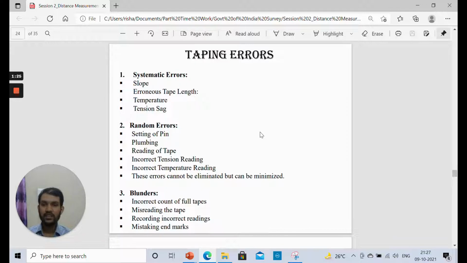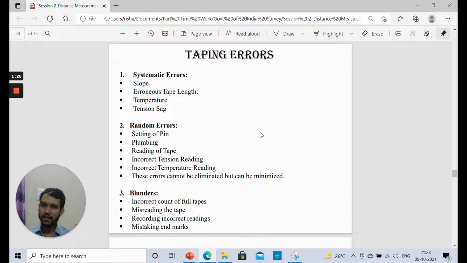So these things we need to account for in our readings, and we know which type of error this will give. Either this will give a positive error or a negative error, okay. So these types of errors always occur in the same direction. If they occur in the same direction, then you can get to know which type of error you are getting, and you can eliminate them, okay.